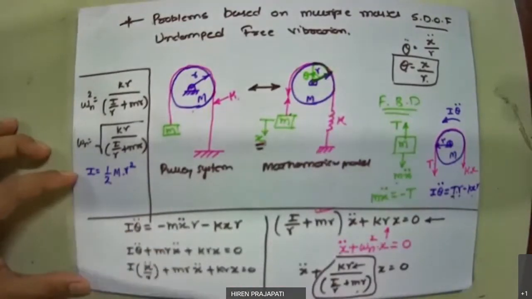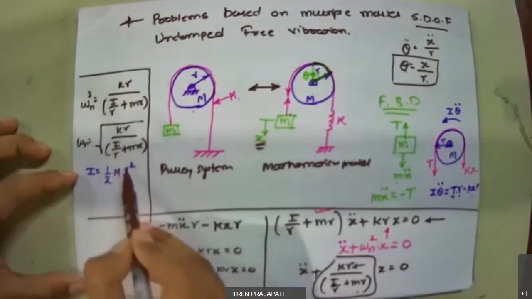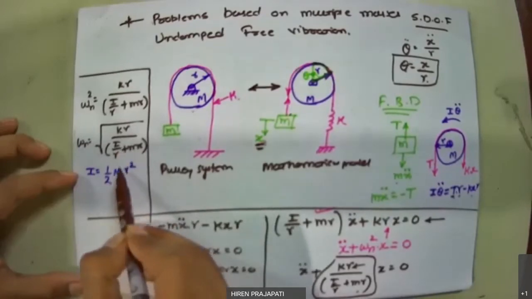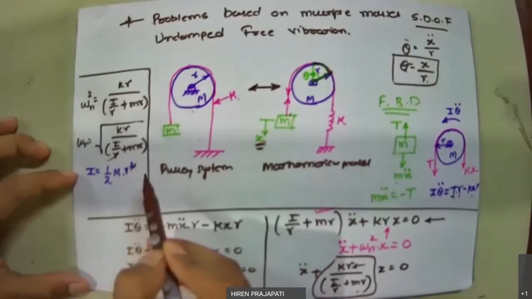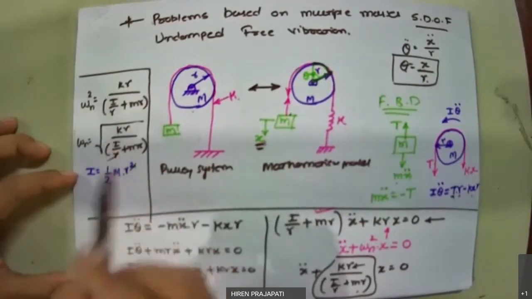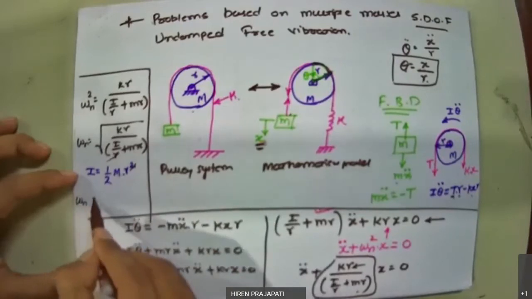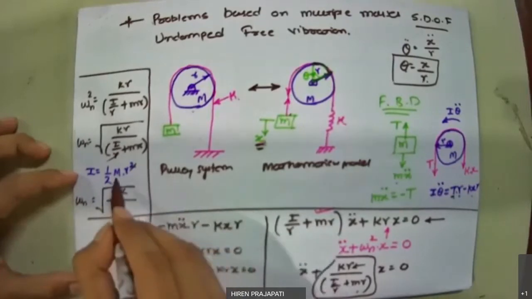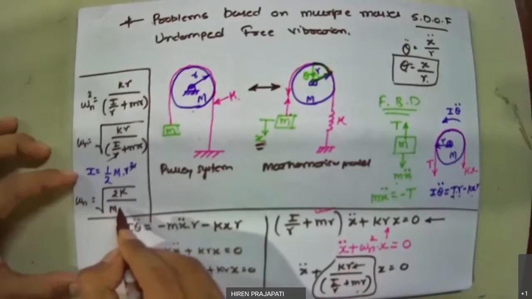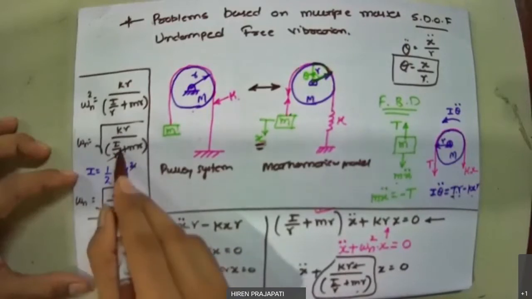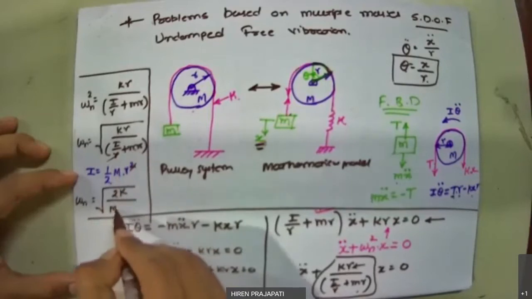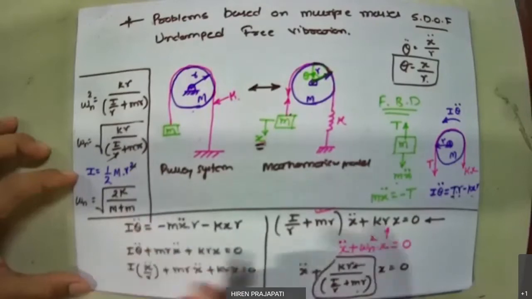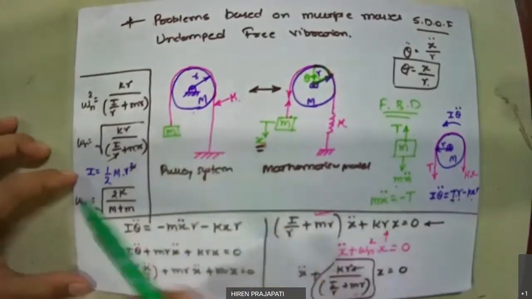Then what we get? I replace this I here. So look, one R and R, one R is cancelled out. This R and this R are cancelled out. This 2 will go from the bottom to the top. Then the equation of omega n is equal to square root 2k divided by capital M into R, one R is left, plus small m into R. Now R will be common and the R above will be cancelled. Then this is our final equation of natural frequency for this given system.